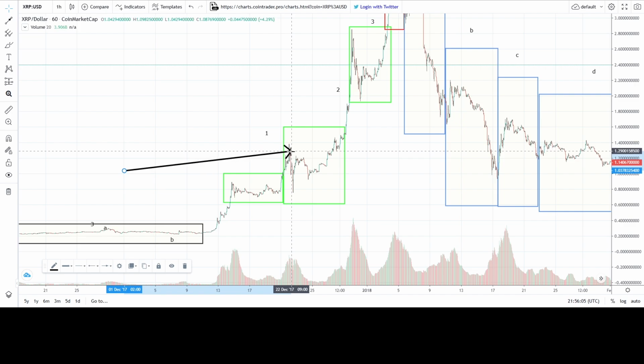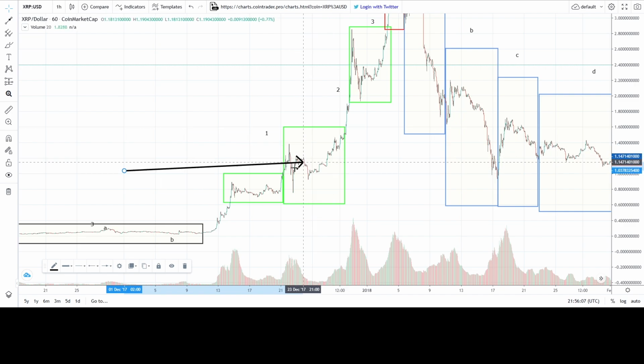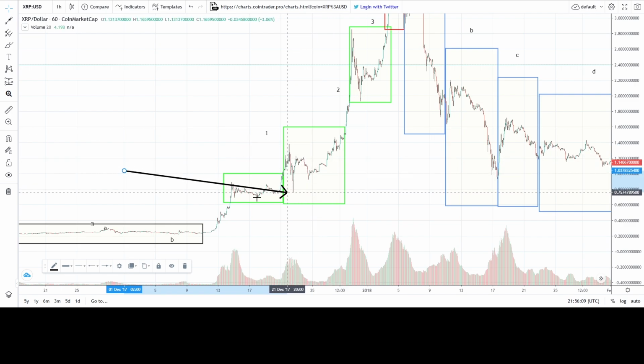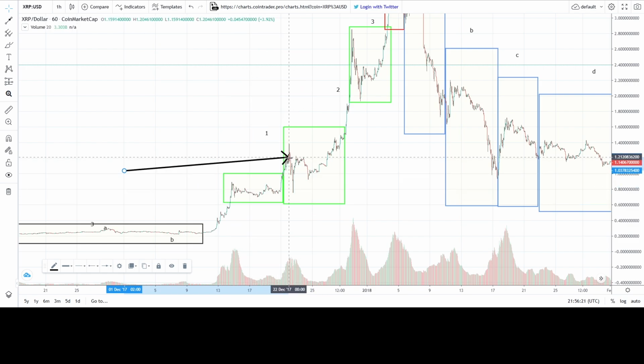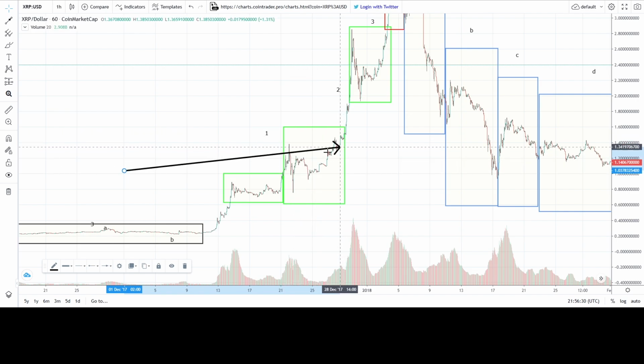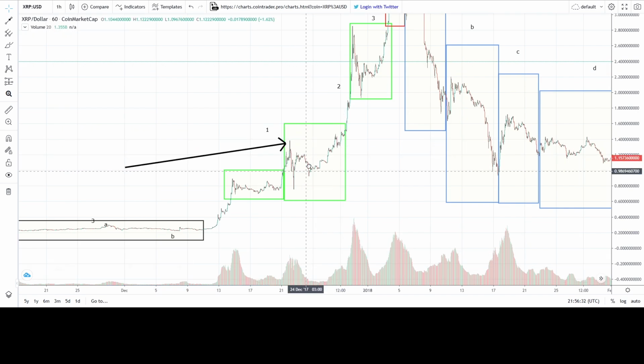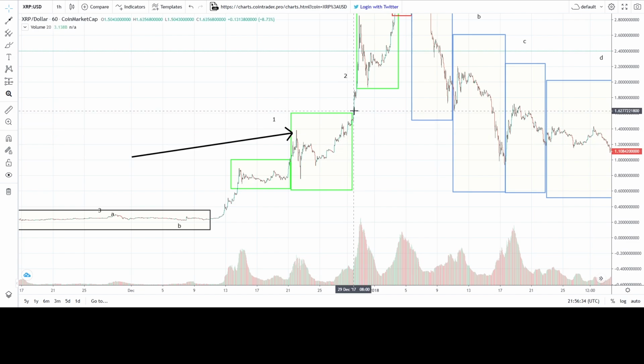So in today's structure, it looks very similar to this. It just doesn't wick down into this first corrective structure zone. Because it's wicked down into this zone, I've always included it as part of this one. However, I'll show you once we get to today's structure, the similarity of this and this versus the way I've had it in the past where the